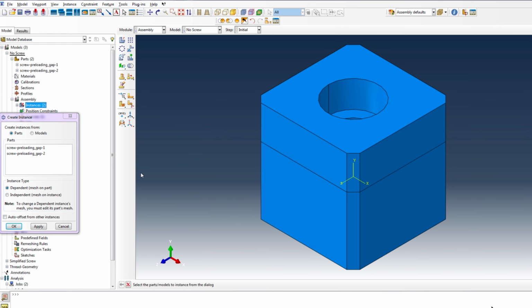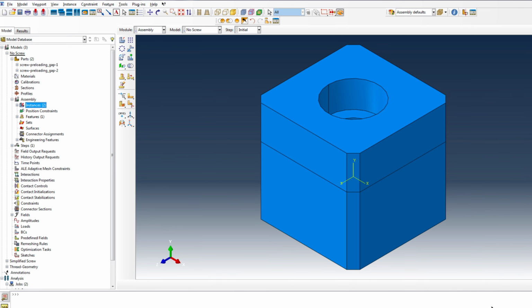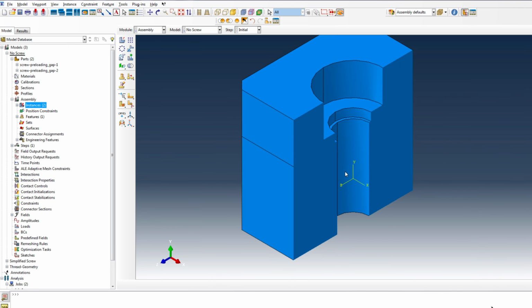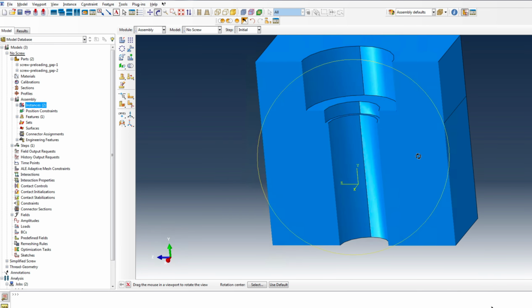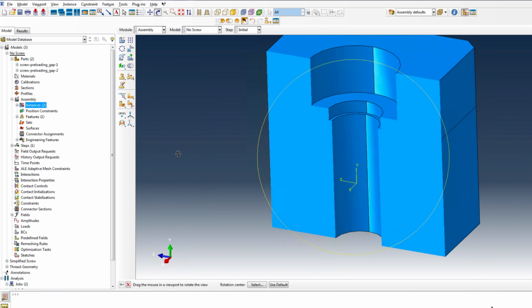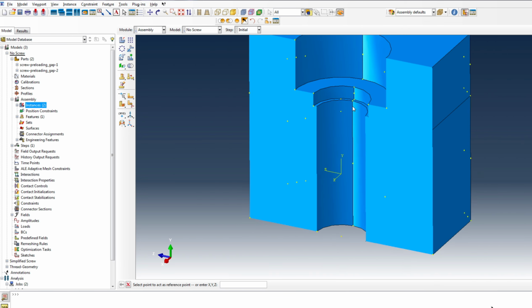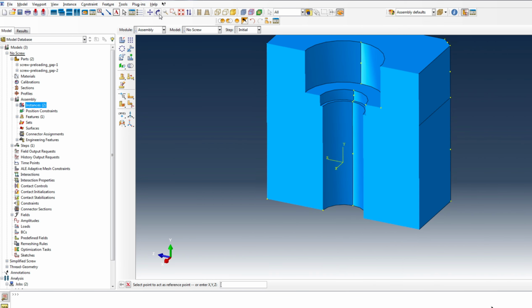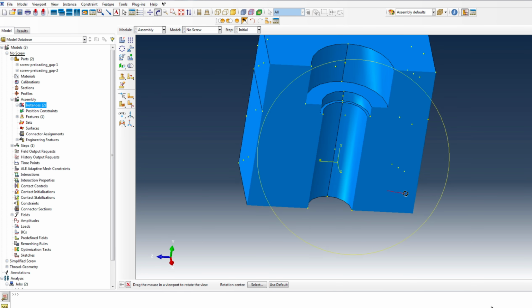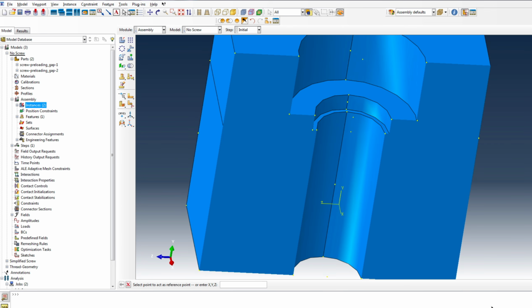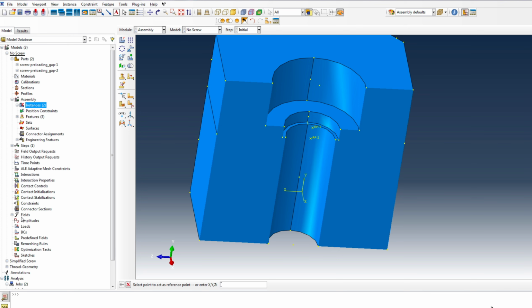You have only these 2 parts, and you can create 2 reference points. Let's create this and this, and